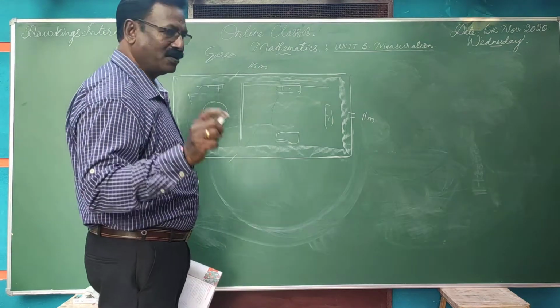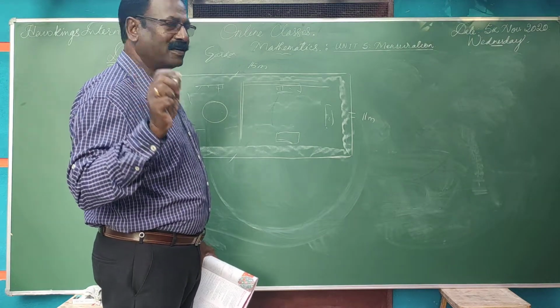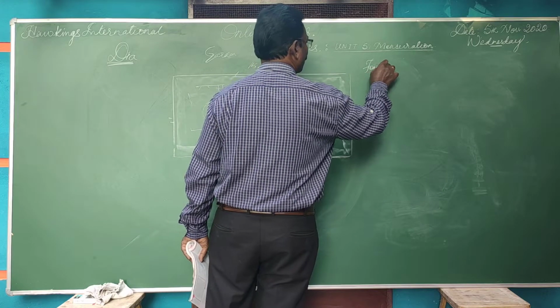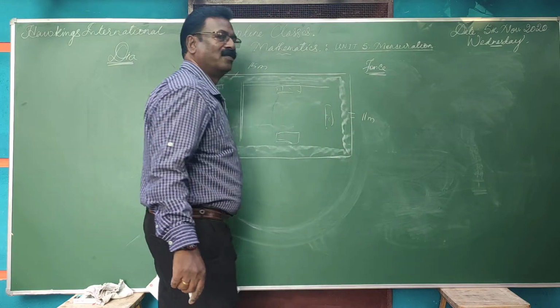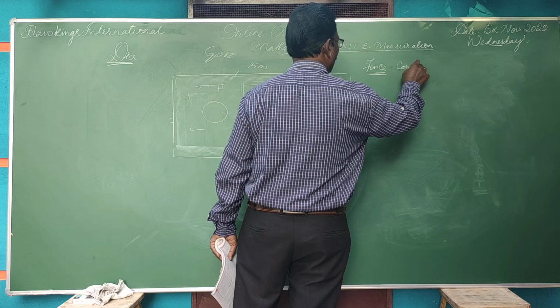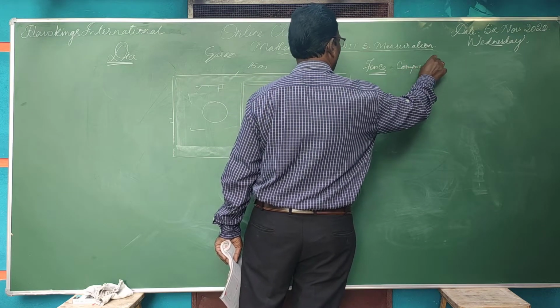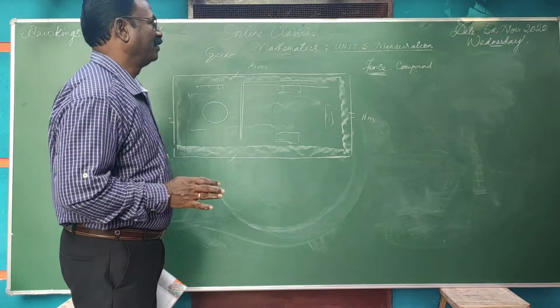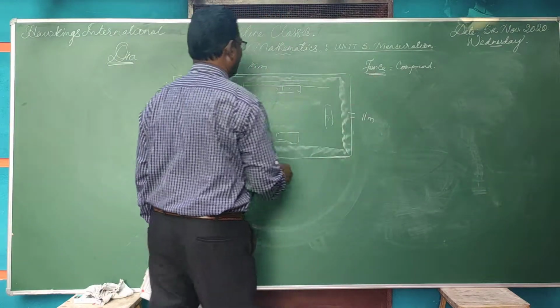So she wants to make a fence. What is a fence? Fence means compound. Strictly speaking, compound means you have to build a wall, but for a fence we can erect poles